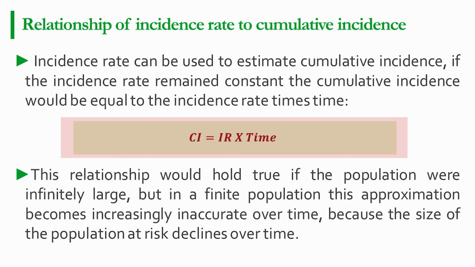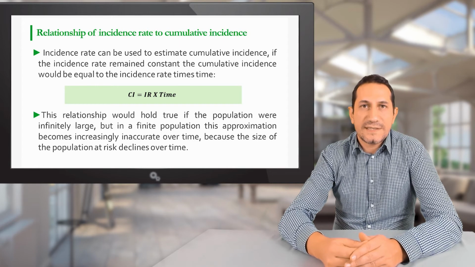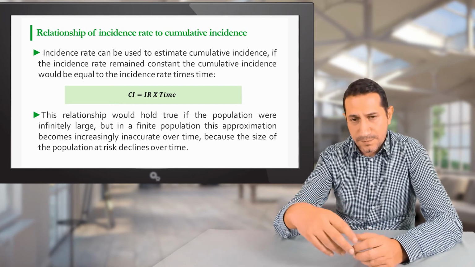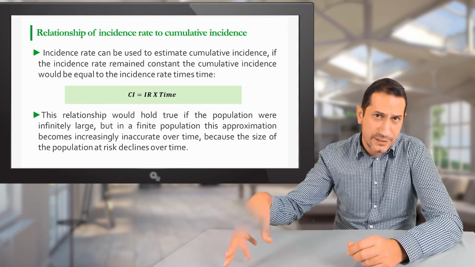And this relationship or formula is true especially in very large populations. But in small populations, the approximation becomes inaccurate, especially over time, because the size of the population at risk decreases over time, and we will see